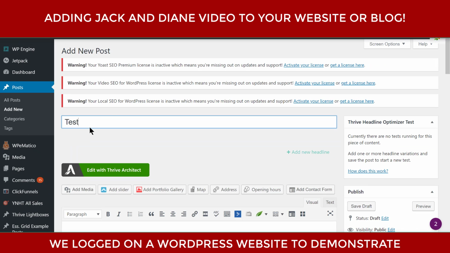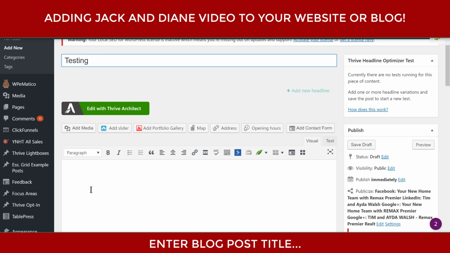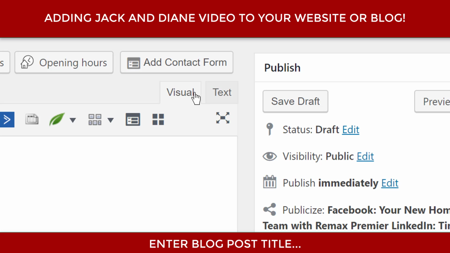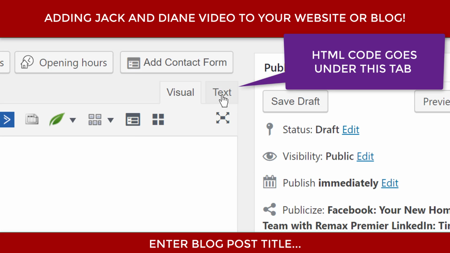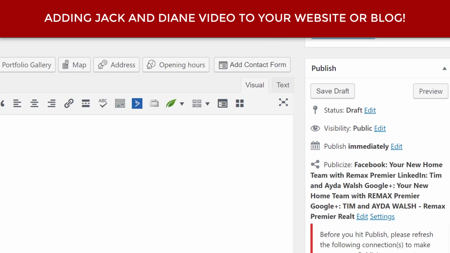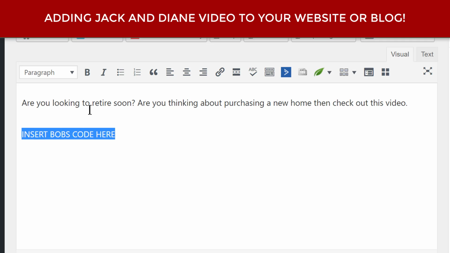and I'm just going to do testing here, just so you might want to put, reverse mortgage options you may not have thought of, etc. So when you come down here, you're going to see two tabs. One of them says visual and the other one says text. Now the visual aspect of it is basically what you want to type in here. So I'm just going to go ahead and put this in here, and then I want to insert Bob's code